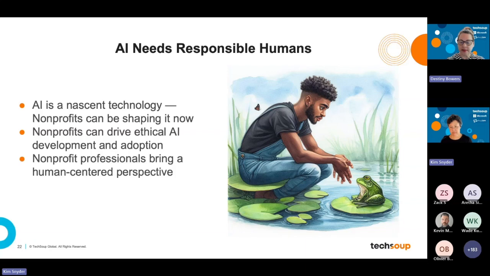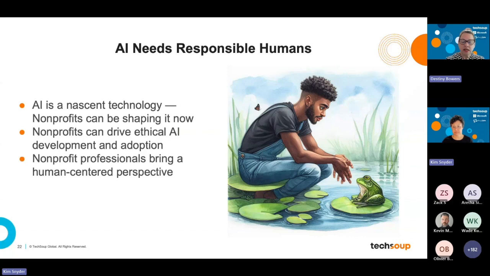But it's also something where we have the ability to have a lot of influence, where we can voice ideas about legislation for it. We can voice how we want vendors to use our information. We can voice, with the money that we spend on AI and things like that, where and who we're going to invest in. And I think that nonprofits are really the best place in a way to start with this,